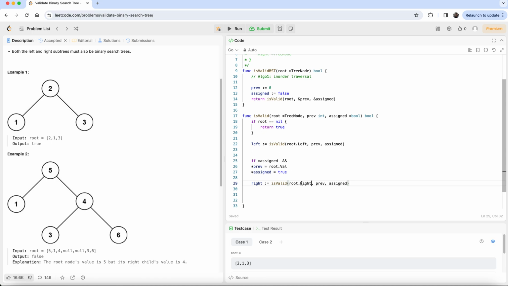Eventually, for the right calling, it comes to this place. Let's say for this one we call, so one call for the left happened, and we already put it here. Come to this 2 place, and it will go here and then call the right. So in this case you can check here these conditions. Here you can check if assigned, if the previous value is assigned, this value is already assigned,